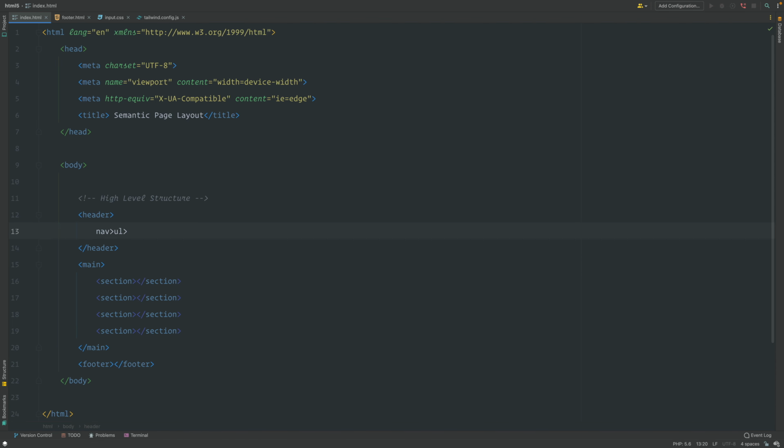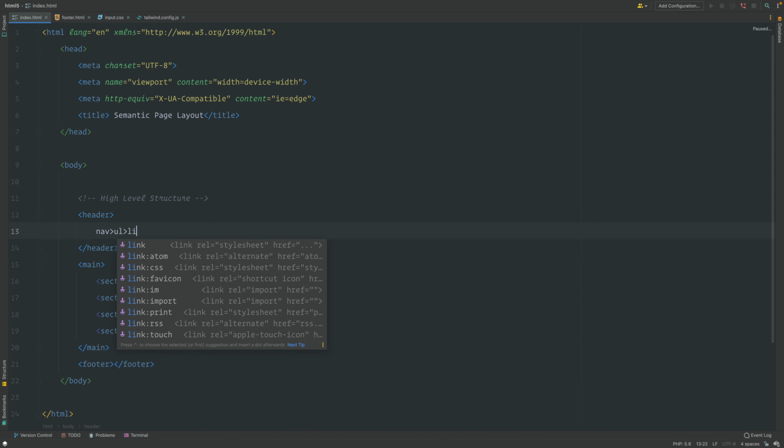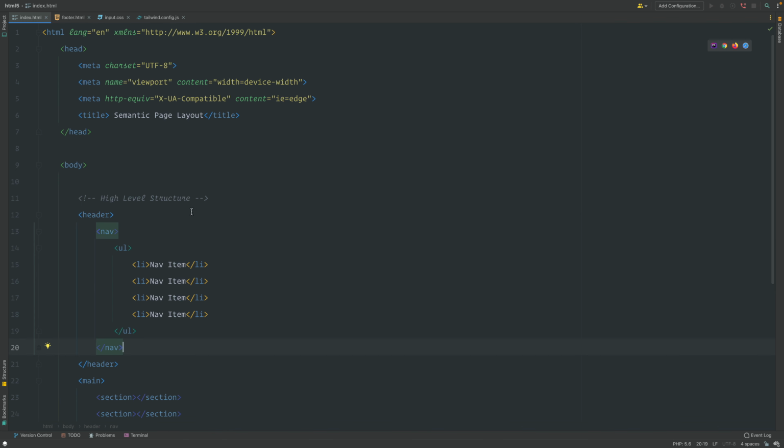And within that unordered list, we have, let's say 5 or so list items, and those list items have some kind of navigation value. So we end up with something like this, but in actuality, you're going to have some divs around these contents to help group the spacing of the content and help you format the layout in a certain way. As far as semantics go, this is pretty good, but inside this header,